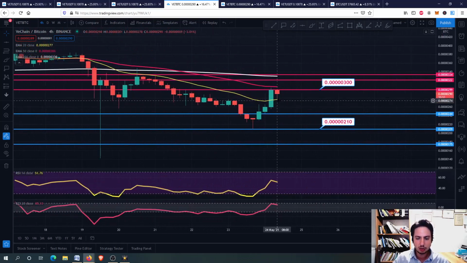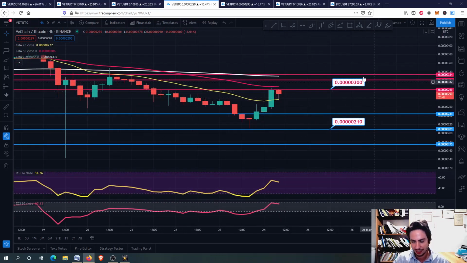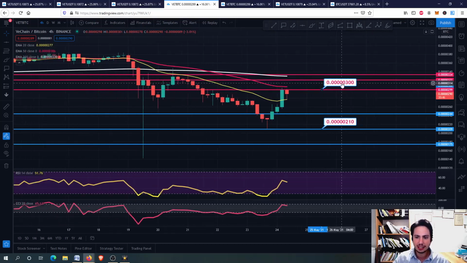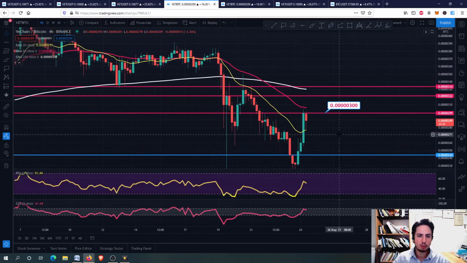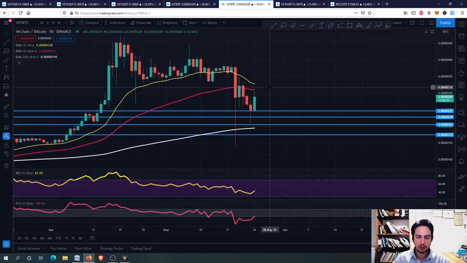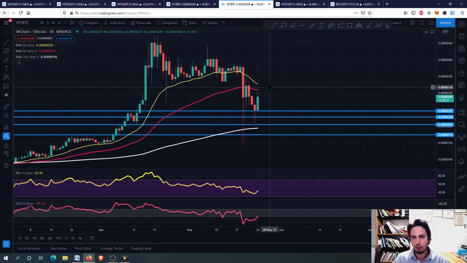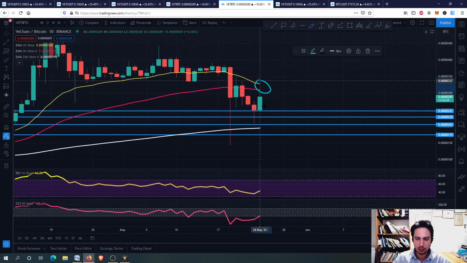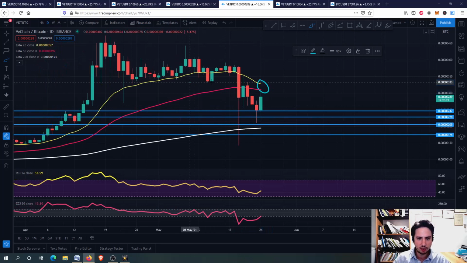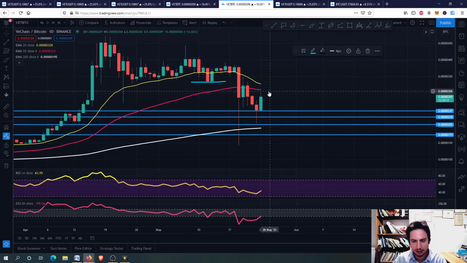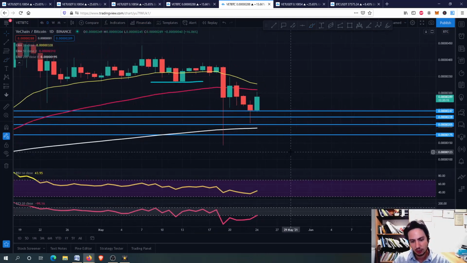Now it is better to make the 20-day EMA as a support level, and if we can break this line, then we can manage to test some other important resistance levels. But for the time being, we can't assume for the short term that we outperform Bitcoin because we are going down. However, on the VECHAIN against Bitcoin, the daily frame, guys, we are totally outperforming Bitcoin. First of all, we haven't seen the bearish cross on the 20-day EMA and the 50-day EMA. Secondly, guys, we lost a major support level right here, but now as we don't see this bearish cross, we are still good. If we see the bearish cross, yes, we are not still good, guys.